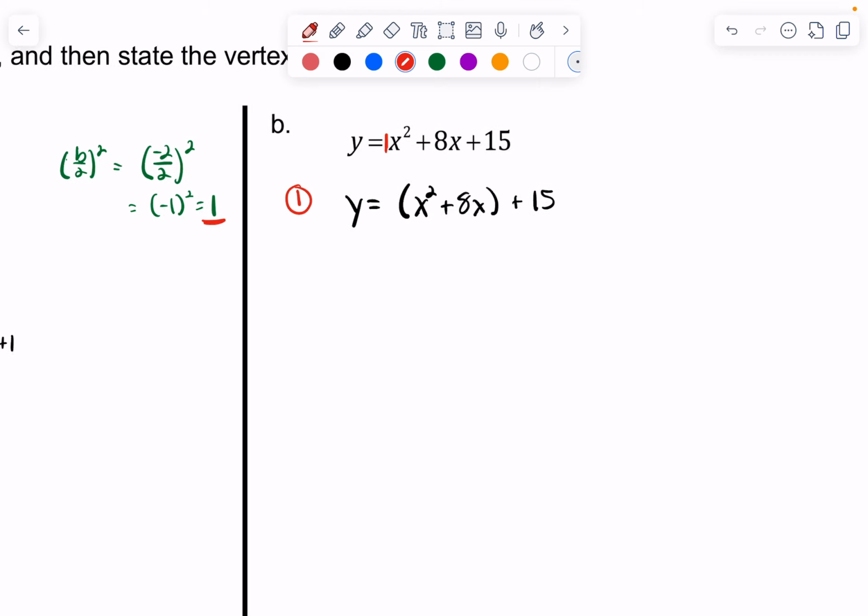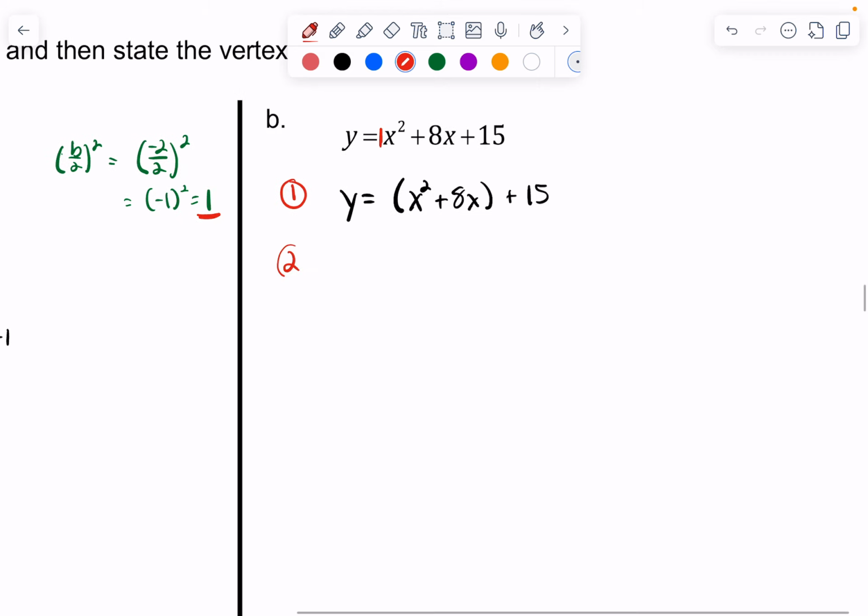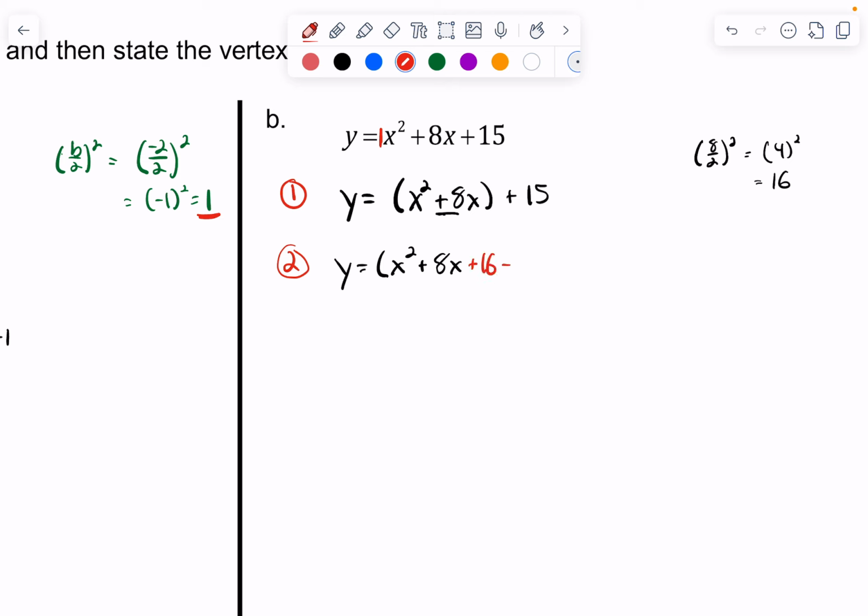All right. Well, step 2. Take the b value. So in this case, it's positive 8. So take positive 8, or I'll just write 8. Divide that by 2. Square it. So that's 4 squared, or 16. Add and subtract that 16. So x squared plus 8x, plus 16, minus 16,